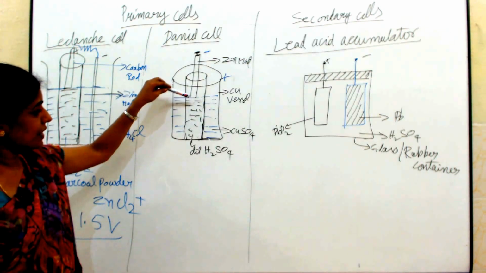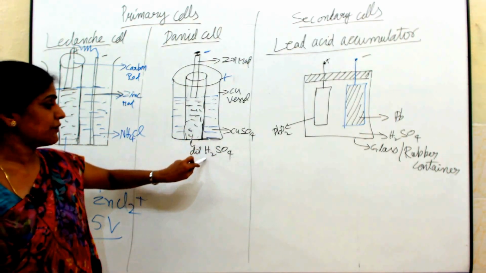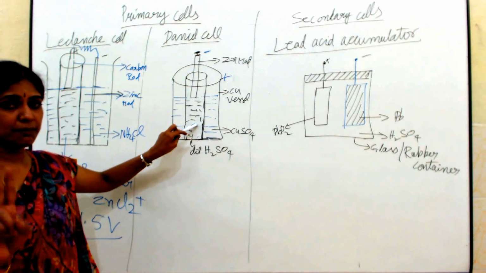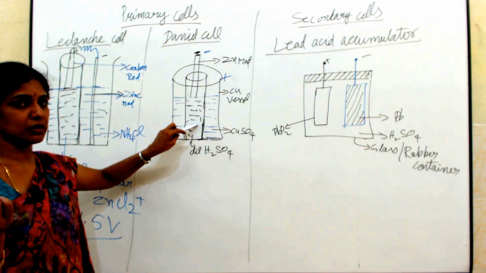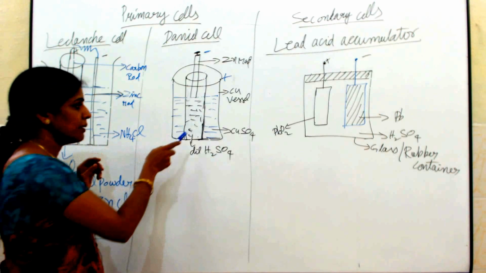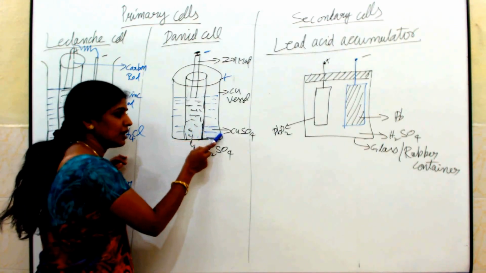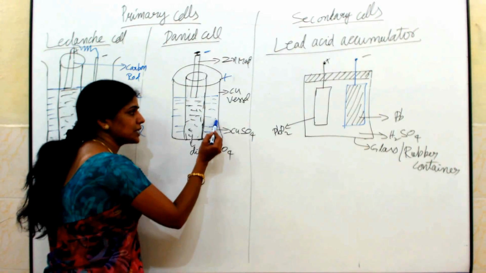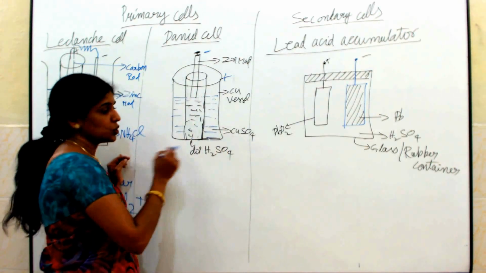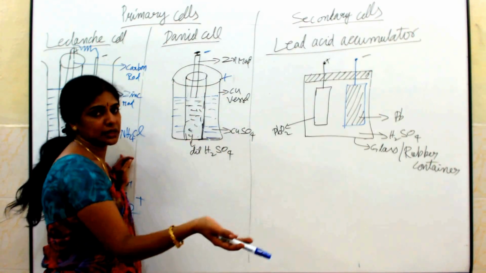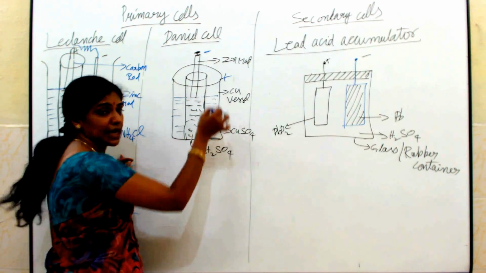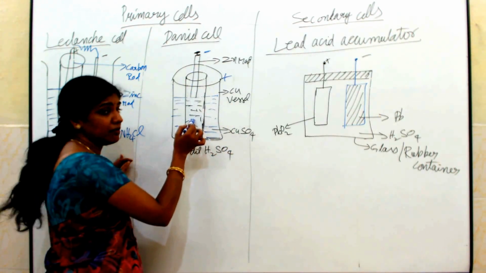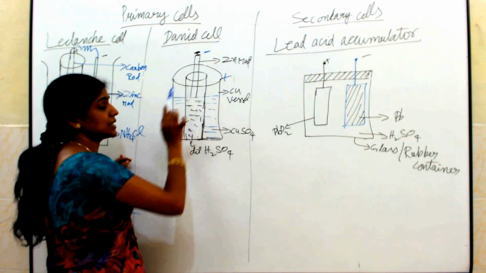Here the zinc rod, when it reacts with the sulfuric acid, will produce zinc plus plus ions and 2 electrons. These zinc plus plus ions pass through the porous part and react with the copper sulfate solution, and these copper ions are deposited on the inner side of the vessel, making this vessel itself more positive. So, it will act as the anode, and this rod which has an excess of electrons will act as the